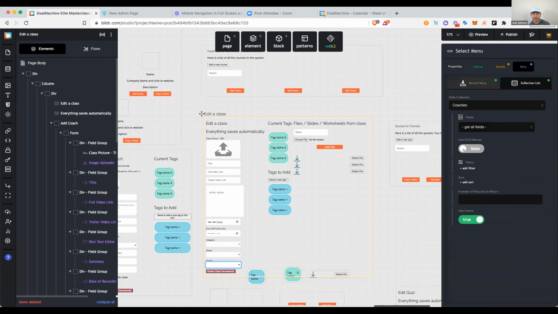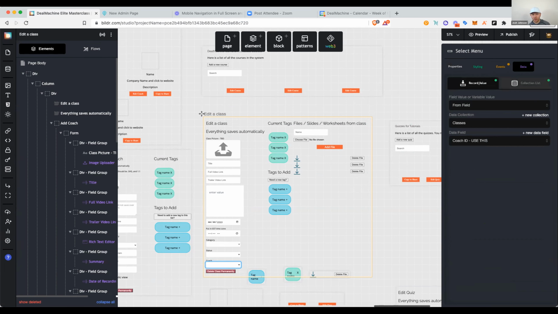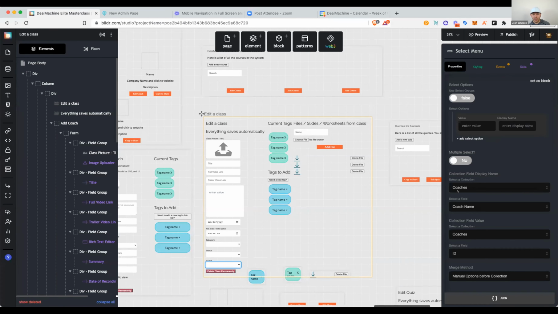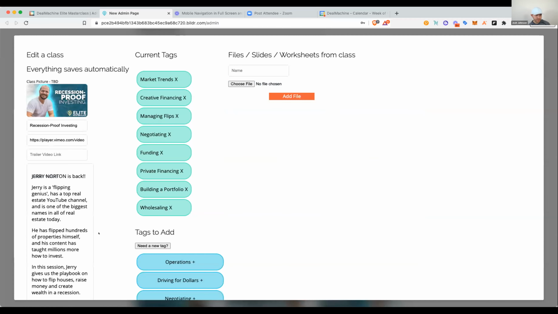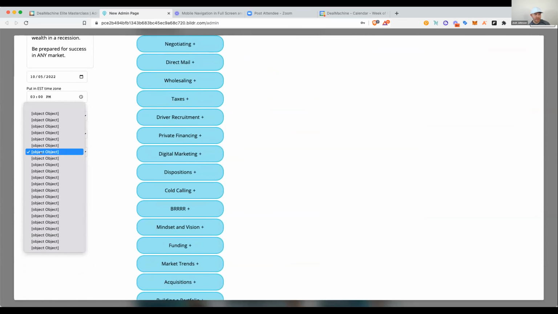I know earlier I had an issue when use field names was on, so it's not on. Same project, but it seems like a different problem. There is a record value in here, which is coming from a different data collection that's setting the value for it. And then I'm supposed to just display the coach name with a field value of coach ID. However, when I pull up an example, it's object. It's pretty clear it is pulling in the ID and that value is the one, but